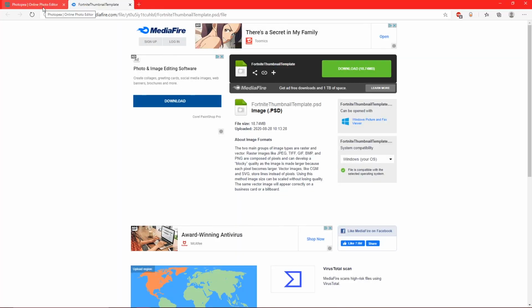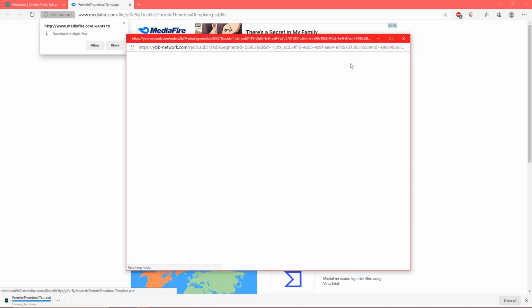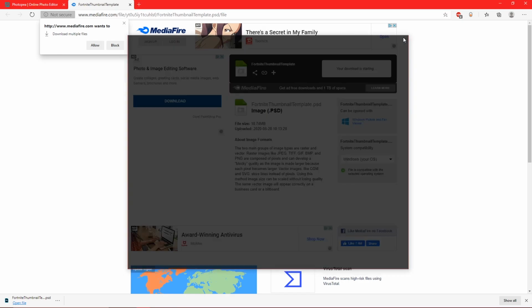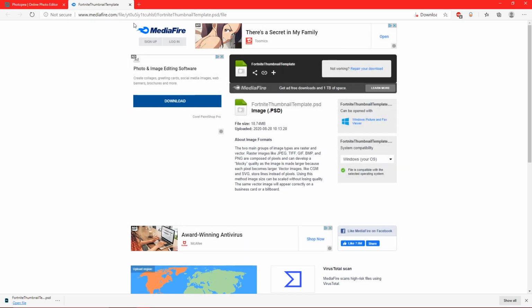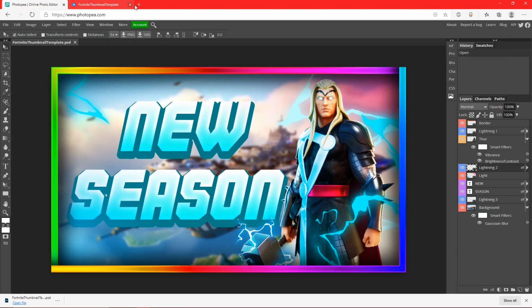Okay, so the first thing you're going to want to do is go down in the description below to the link that says Fortnite Template. Just click on that. It'll take you to mediafire.com, and it should look like this. So now what you want to do is hit download, and it should pop up down here, right here. And you'll know once it's done downloading. Close out the ad, just don't click on anything, and then go back to Photopea,